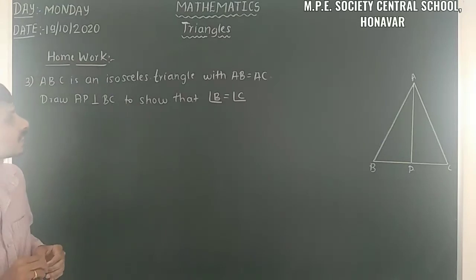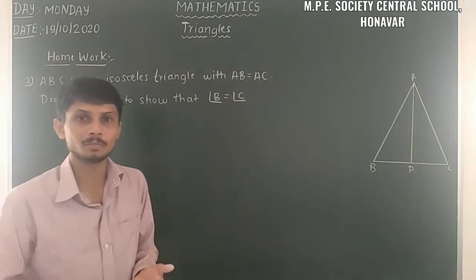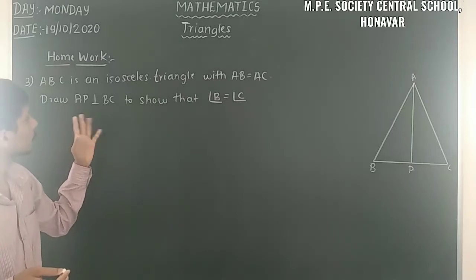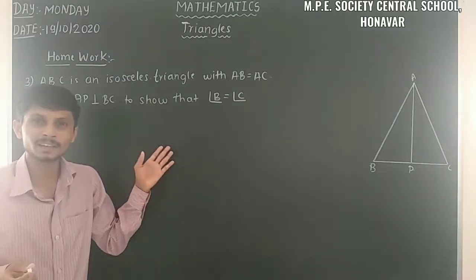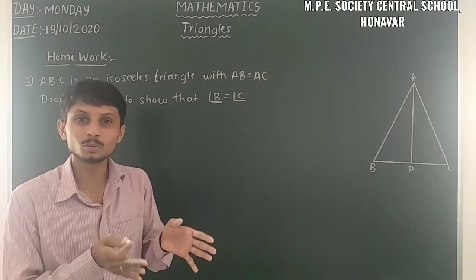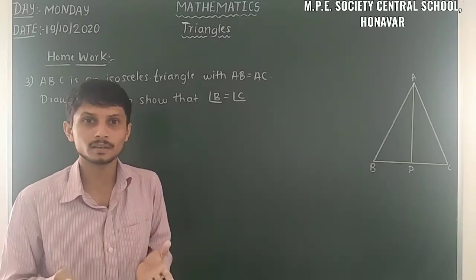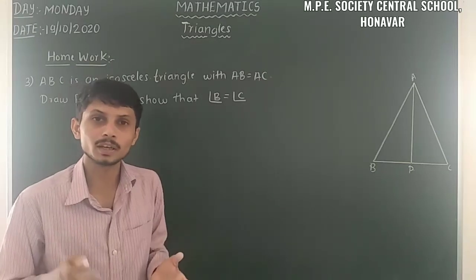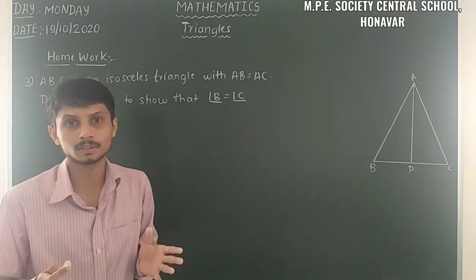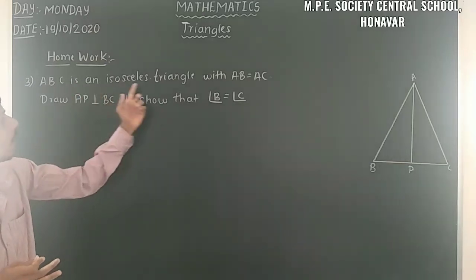ABC is an isosceles triangle with AB is equal to AC. Isosceles triangle means AB is equal to AC, those two sides are equal. Then draw AP perpendicular to BC to show that angle B is equal to angle C. The problem is always confusing, because there are two options that look similar. Which option can we take in the examination as the right option? It's quite confusing. Here, just because it is an isosceles triangle,